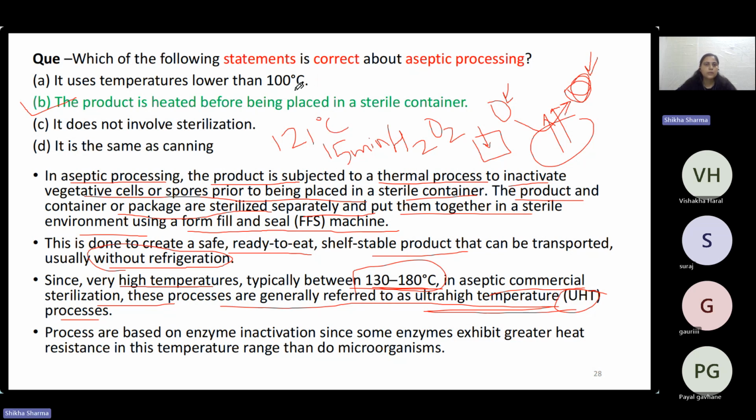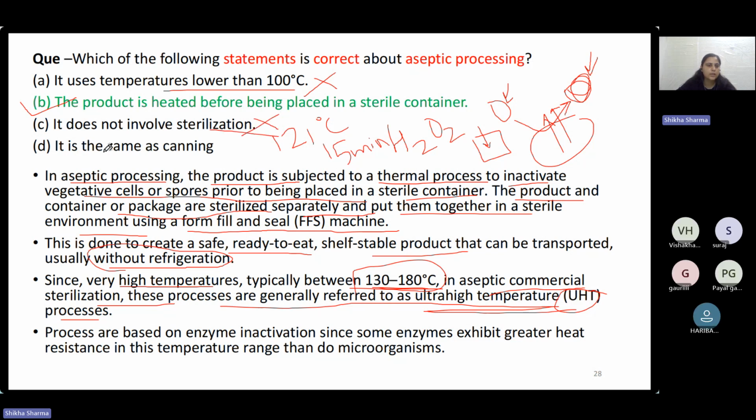So it uses a temperature lower than 100 degrees Celsius, which is incorrect. And then it does not involve sterilization, which is also incorrect, because it does use sterilization. And it is same as canning. Let's see if it's same as canning or not. So this UHT process